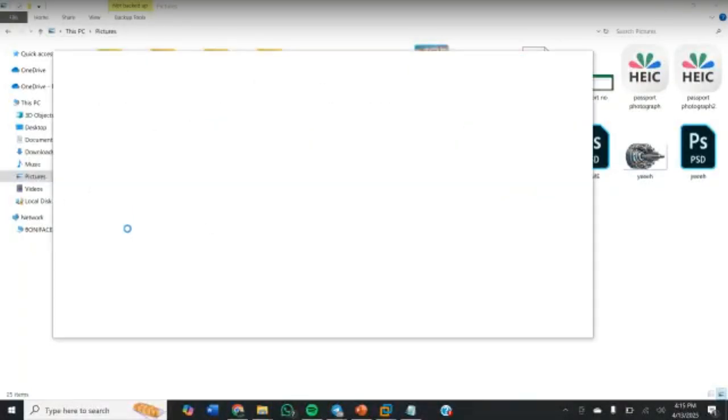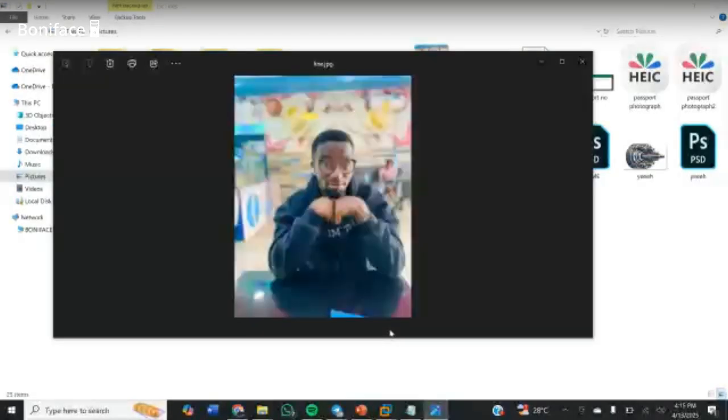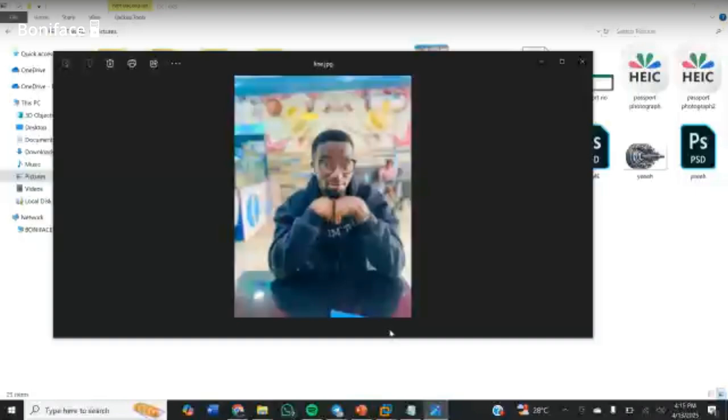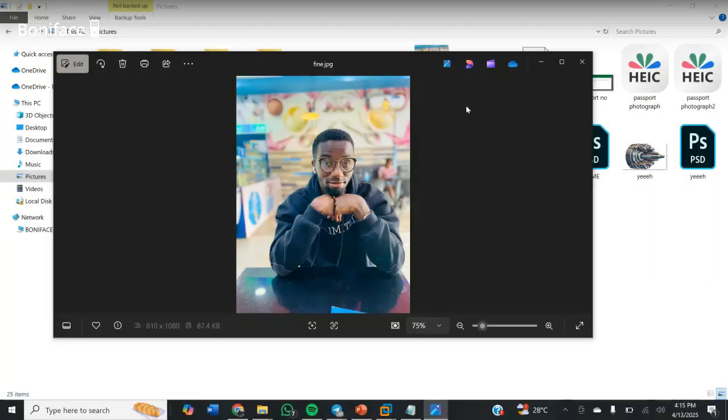Let's load it up again. Okay, yeah, that's done. Can you see? Yes, you can see it. It has actually brought it up, right? Now, the point is